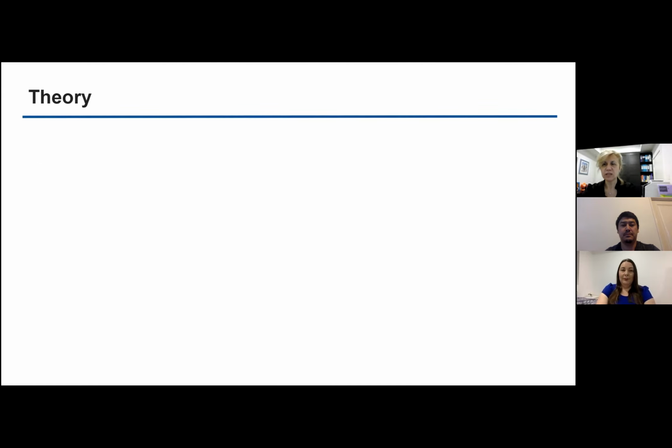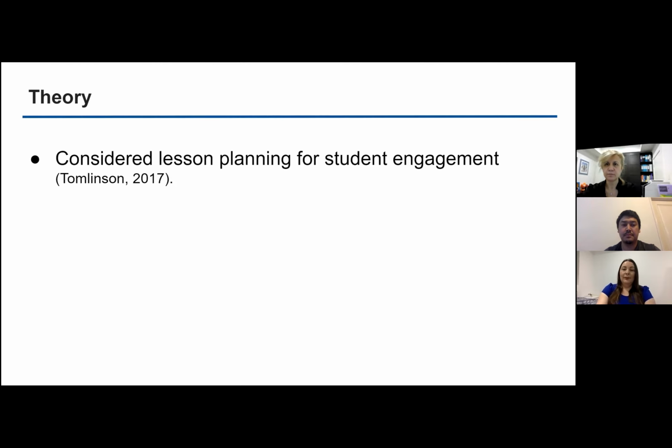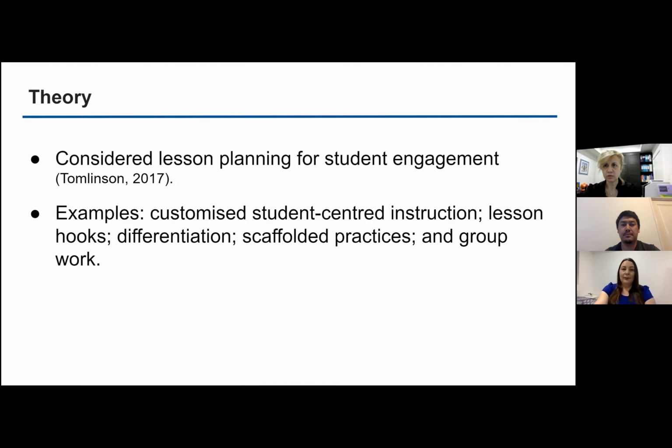Now, this is especially important to consider when creating and planning lessons and personalising teaching practices with the aim of achieving student engagement. Some examples include pre-planning lessons with considered lesson hooks. This strategy is easily applied in person and digitally and can be customised to the needs and interests of the